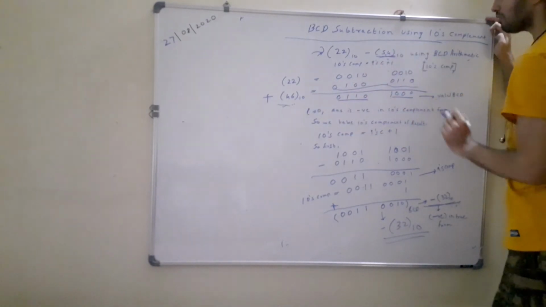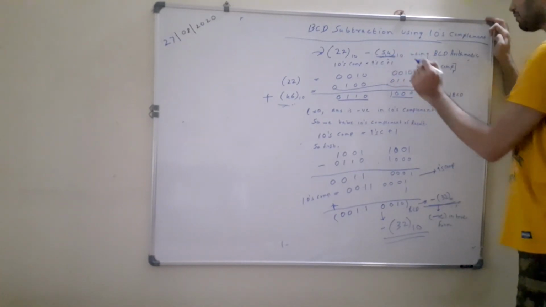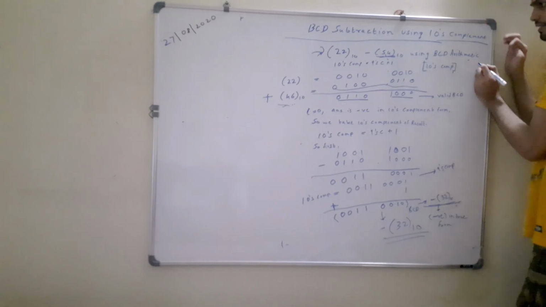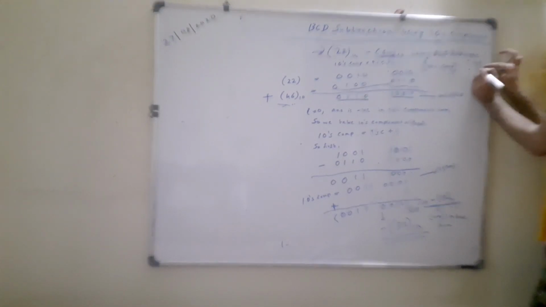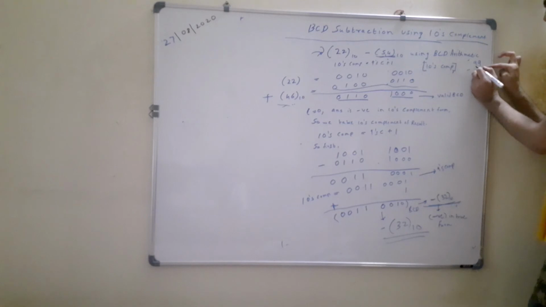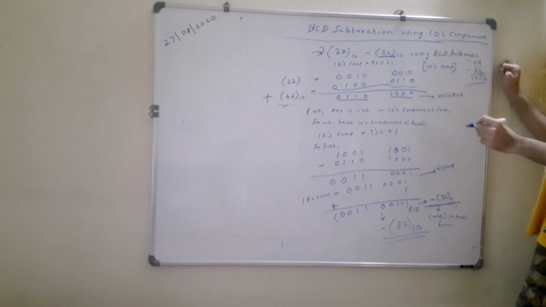And how do you compute tens complement of any number? Simply, first you have to calculate 9's complement. Now 9's complement you have seen in an earlier step, and I will show it over here. So you want to first compute 9's complement of 54. So 9 minus 4 is 5, and 9 minus 5 is 4. So this is in the decimal number system. Now this is the 9's complement of 54.